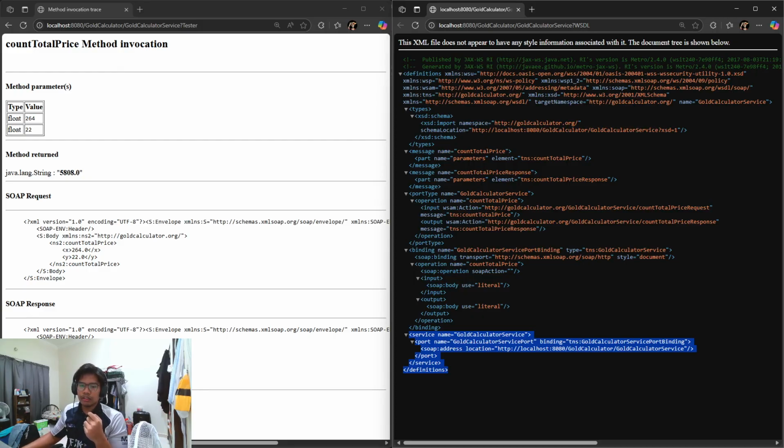So SOAP is the communication protocol, and WSDL is the blueprint that tells you how to build your message correctly. WSDL will tell you what is allowed, and SOAP is how you send and receive information. Without WSDL, you won't know what to send, and without SOAP, you can't actually send it.